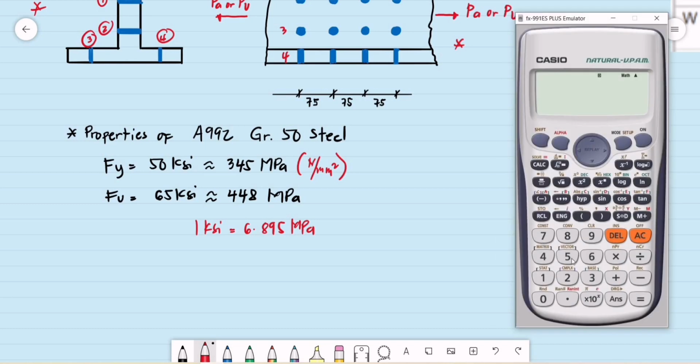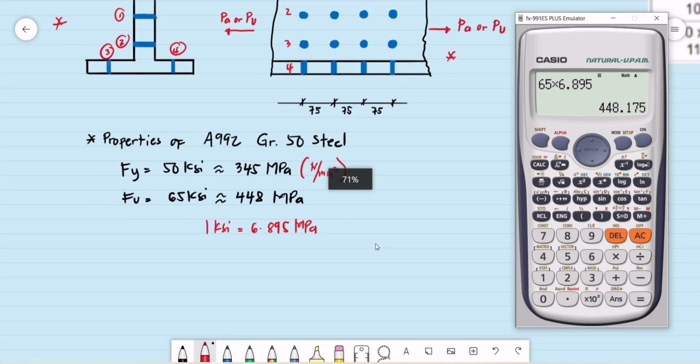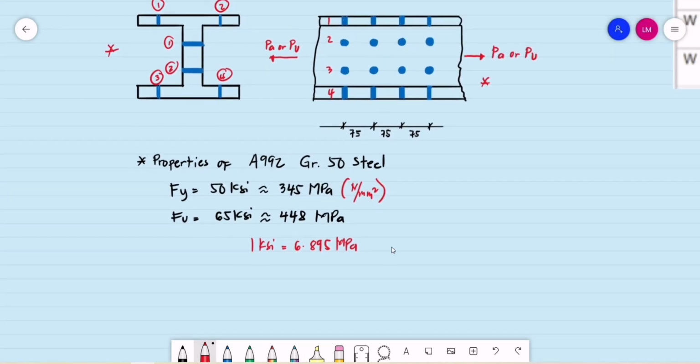So let's try to convert and check. So let's say that is 50 multiplied by 6.895. That is 344.75 megapascals, or rounded to 345. Then for the 65, this is 65 multiplied by 6.895. That is 448.175. Then rounded to 448 megapascals. Okay. Then according to the problem, we are to use